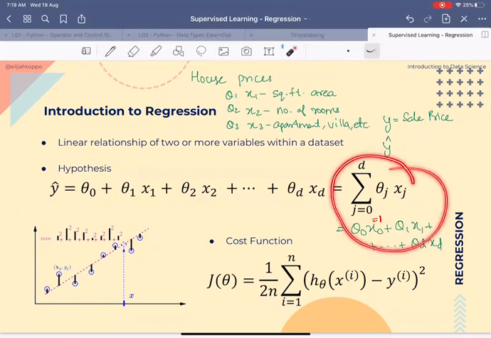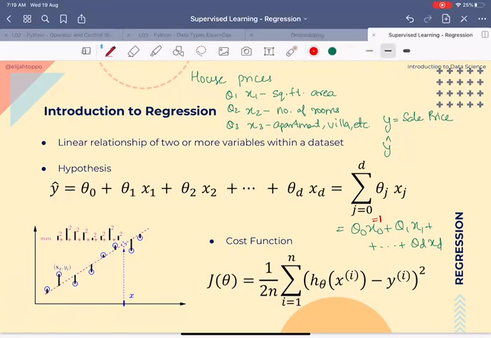So we have a concise form of representing this, and this is very interesting. There is a purpose why we are doing it in this fashion, specifically related to how we will be calculating this hypothesis. This hypothesis is also denoted by something like this: h theta of x. We say that this is a function h which takes the input x and it is parameterized by the variable theta. Again, this kind of notation is also very interesting.